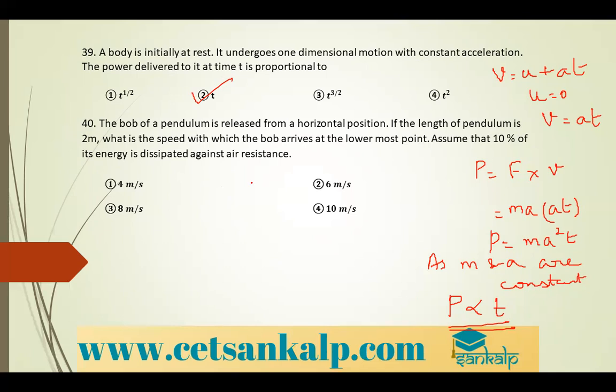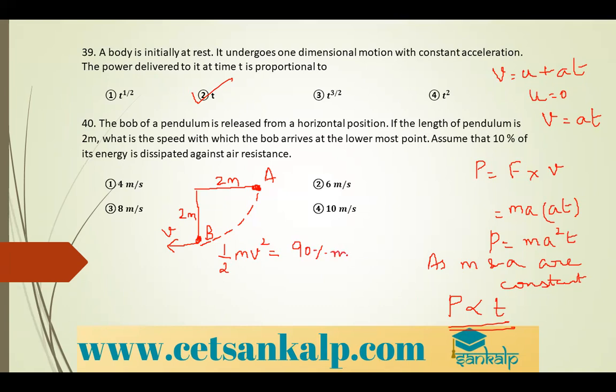If the length of the pendulum is, you can see here, horizontal, this is the bob, so it's in this position. This is 2 meter, this is 2 meter, this is A, this is B, velocity. As per the thing, you can say half mv square is equal to